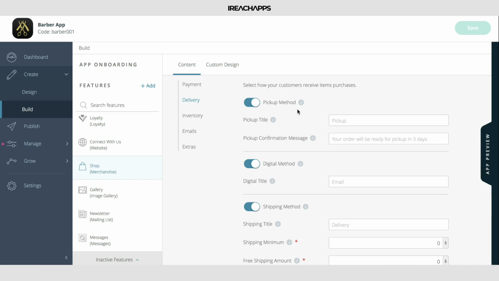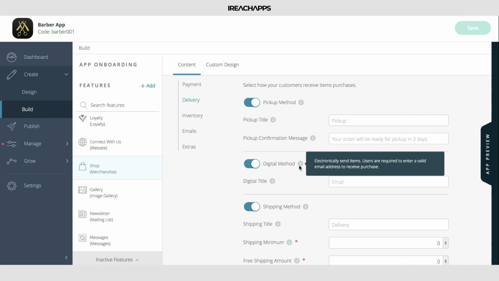They can walk in and pick the merchandise up. There's a digital method, which means that the items are electronically sent. The users are required to enter a valid email address to receive this purchase. So if you sell music or maybe tickets or QR codes, as long as you have your admin email or your customer email set up appropriately for the client to receive whatever this